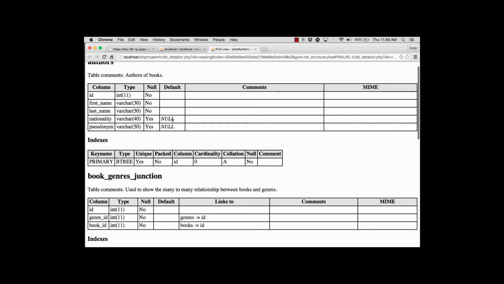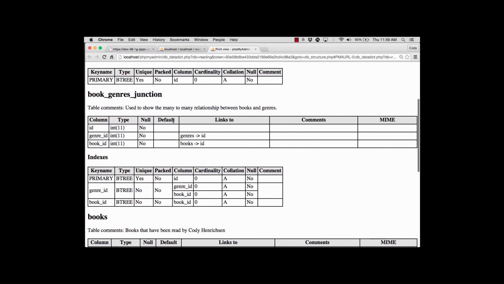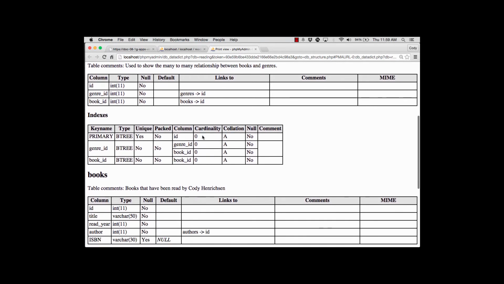Again, you note that we allow the null to happen on there. And the nice little feature right here on the junction table is that the links to field or column explains that there's a relationship, that this genre ID links to the genres table in its ID field. So it's another way of showing that there's a relationship between those tables specifically. And we have our indices on that, and we have genre ID has a link to genre ID and book